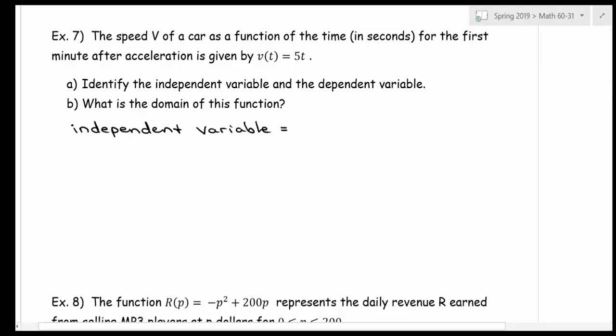The independent variable is going to be t. So you could substitute values for t, and then you would end up getting values for the speed, v. So v, the speed, depends on what you choose for t, the time. So I'm going to write here my independent variable is going to be t, or time, right? In seconds, if you want it to be very specific. Our dependent variable is v,